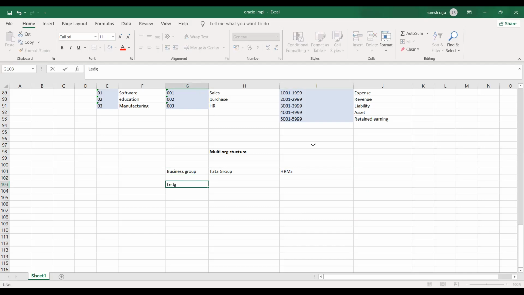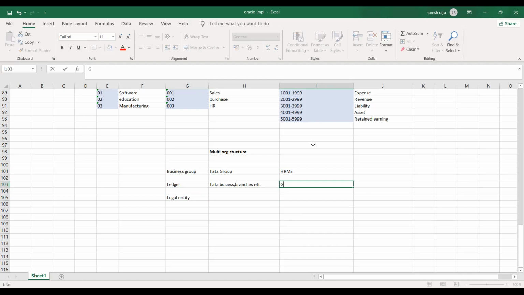Then I will create a ledger. What I've seen now, the 4Cs. Ledgers will be Tata branches, business, everything, etc. Everything will be coming here. Next step is legal entity.